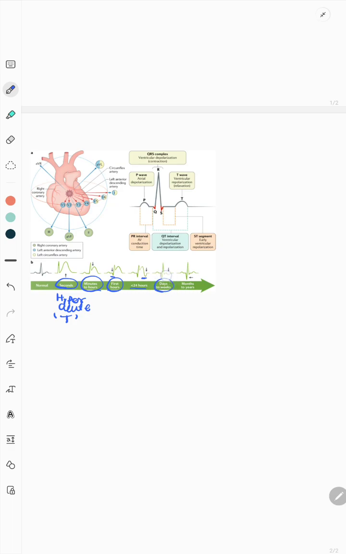In subsequent days and weeks the ST segment will be normalized and T inversion will persist, and after months and years, when the scar formation is permanent and there is no active destruction of myocardium, then the T wave will also be normalized and T inversion will disappear, but the Q wave will persist for